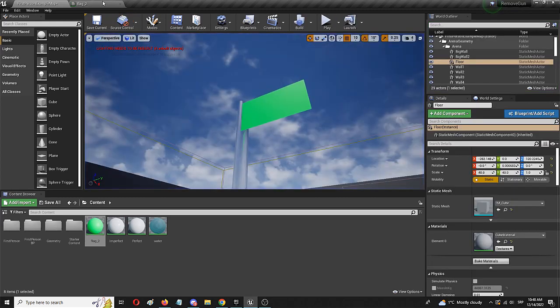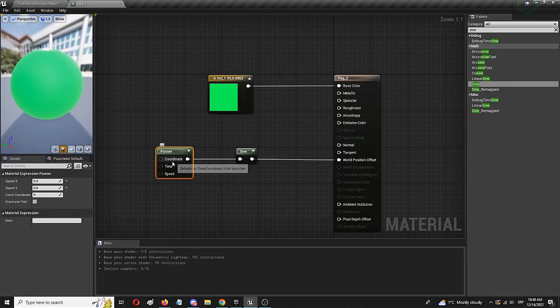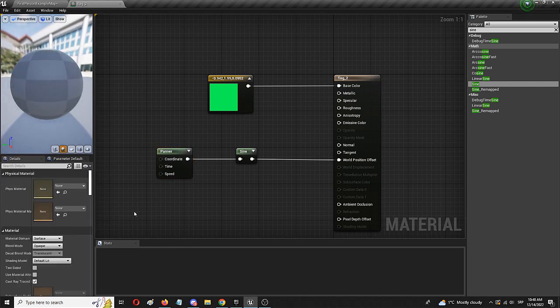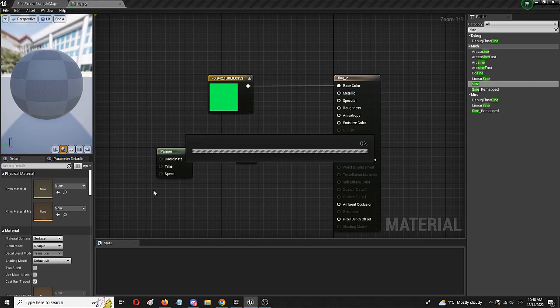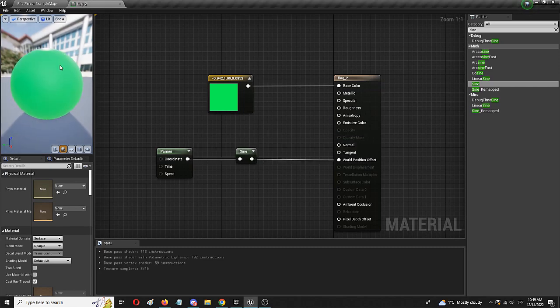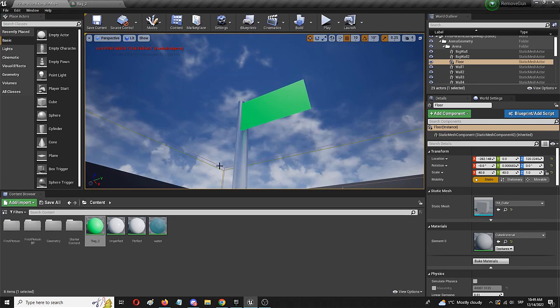Of course, now we can use additional elements. Let's say, for example, we can add more wobble. Let's move it to 2 and save it, where the same movement would be more pronounced, but the principle remains the same. From the panner to the sine node to the world offset. As you can see, it's wobbling about with a lot more force now,